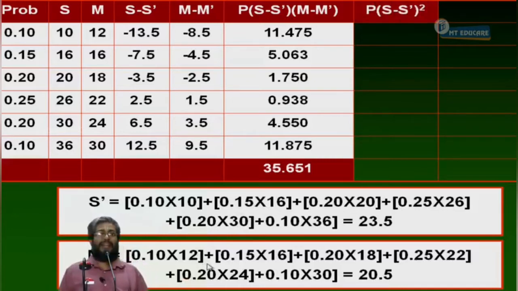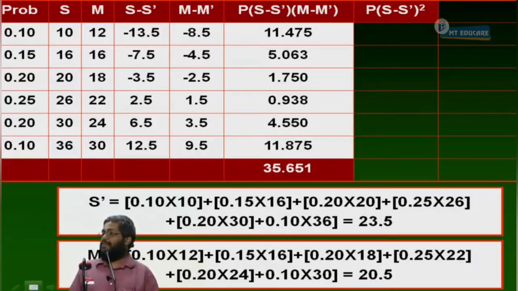P into S minus S bar the whole square. Tell me why I am doing this. To find out the standard deviation of the security. Correct? Covariance of P into S minus S bar into M minus M bar. Why am I saying P into S minus S bar the whole square? To find out the standard deviation of the security, because the question asks you the same. Right or not? Now,